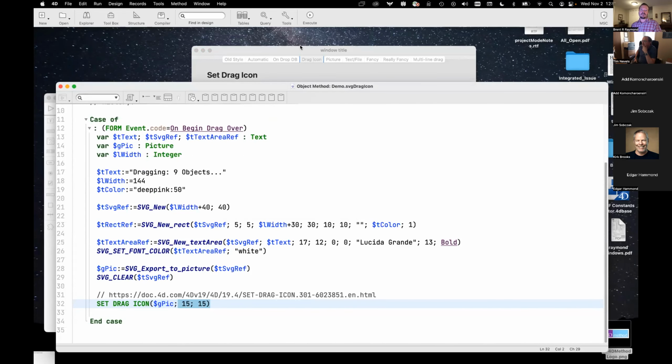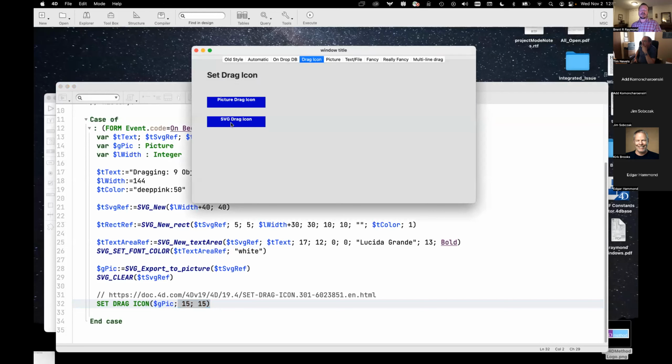This is sort of an X and Y offset from where the mouse is, so that you can make it look more like you're dragging it right where the D starts in "dragging 9 objects," which is a nice effect to have for this kind of thing. Yeah, so this alone is something that I've really enjoyed deploying in our city application, because